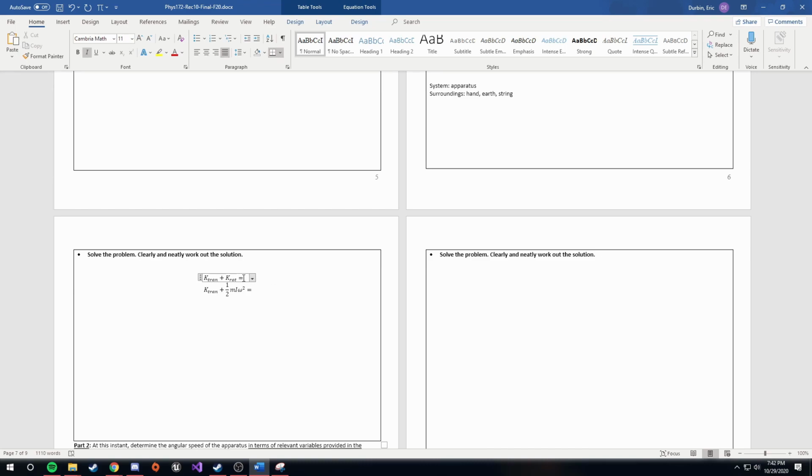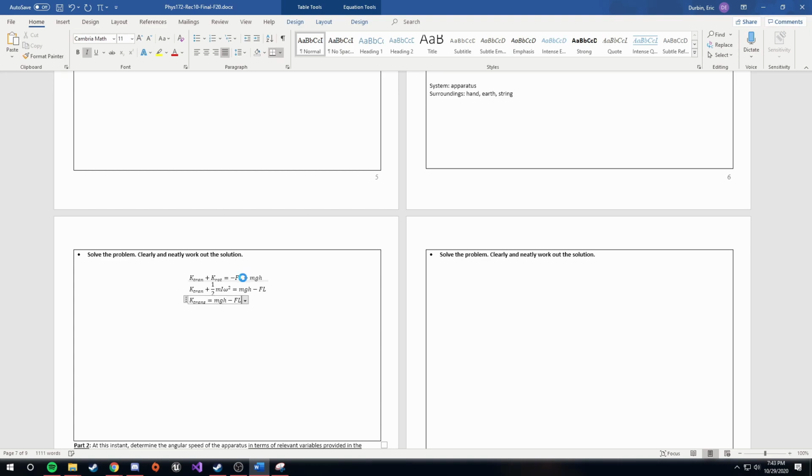Because the force of gravity is going downward and the system is going downward, so the work of gravity is going to be positive. Okay. So that would mean that A trans equals